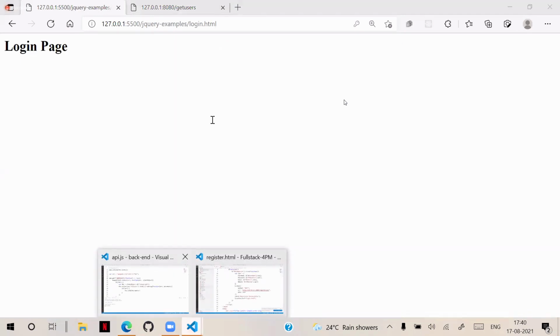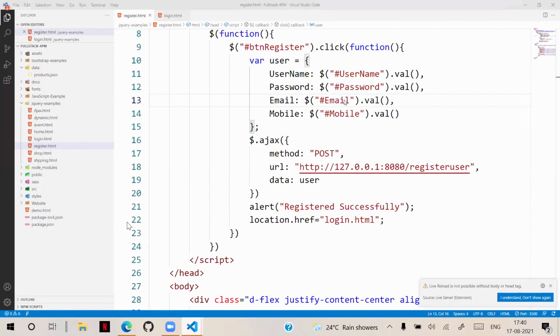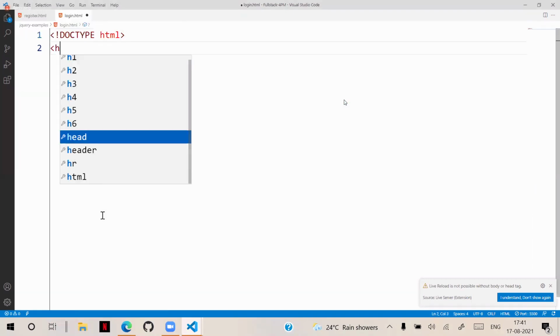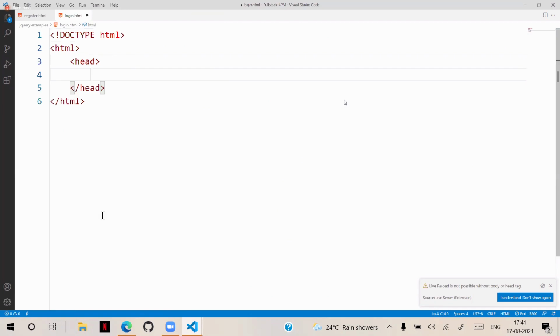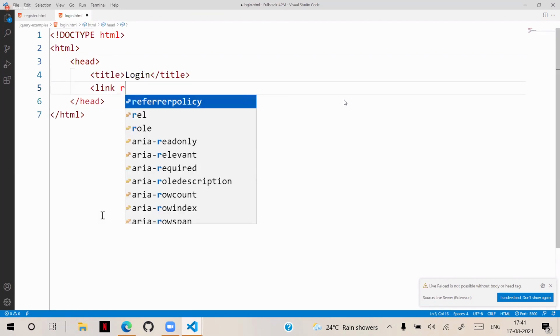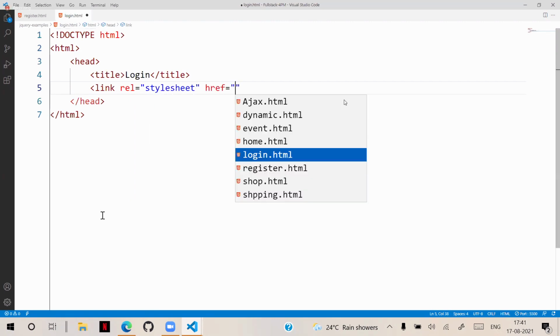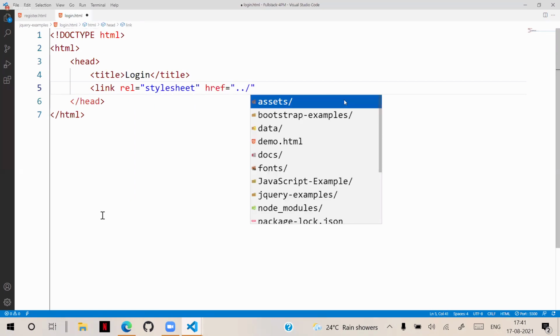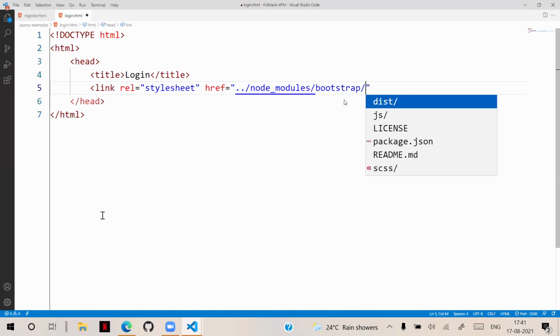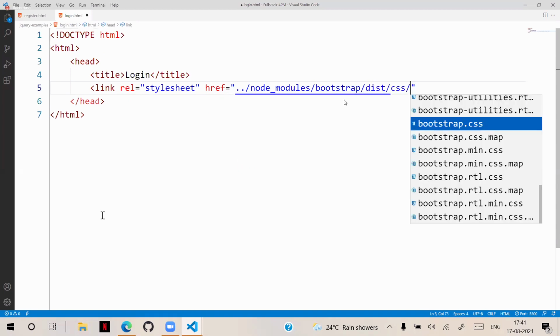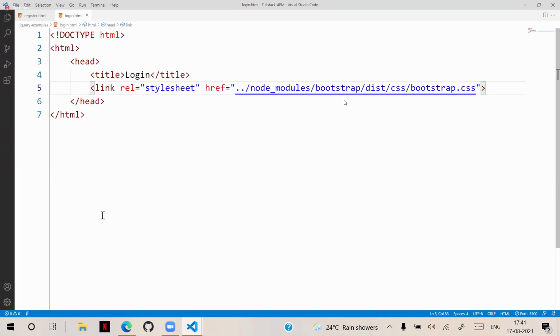So what I will do is, I will create a login page now. Let's go to the login screen. Here we will create a login page. Okay, let's design the login page. Doctype HTML, head and title Login. And we will create a link rel equal to stylesheet, href equal to node_modules, bootstrap, dist, css, bootstrap.css.